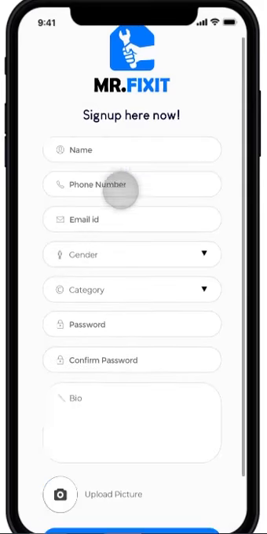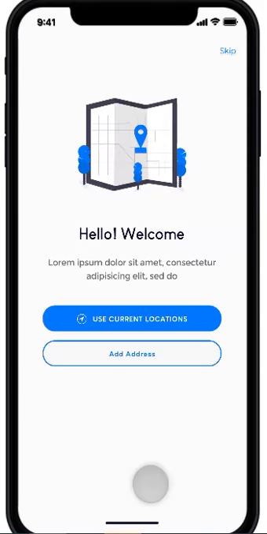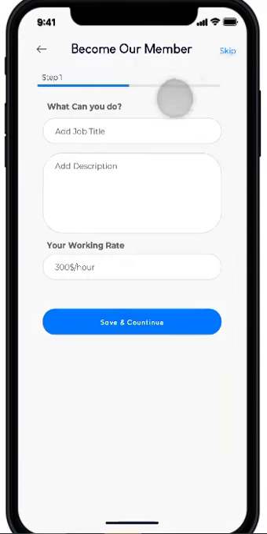You can see they can fill in their details. Once they click on sign up, they'll select their address, and once that address is selected, they will land on the home page. Now the basic details we are going to ask about them are what service they are providing and how much price they are offering for that service. The services come from the categories which the admin